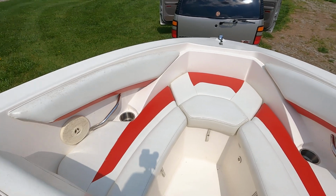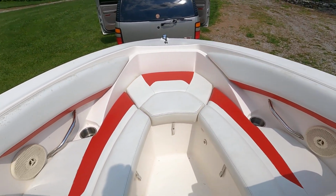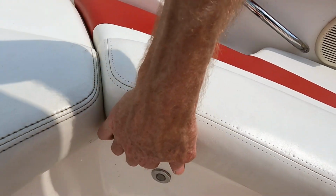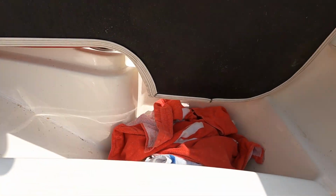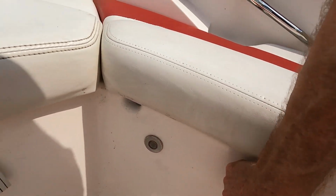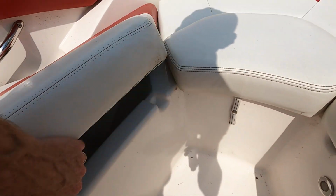You got some grab handles, 2 more stainless cup holders, and 2 more of your marine stereo speakers up here as well. We've got basically integrated storage underneath all of your seating up here. Your little clip right there, it's going to hold these in place. And then basically you've got 3 compartments up here. This one has your anchor chain and some rope stored away. And same thing over here. This one's empty, so you see that little drain in the bottom of